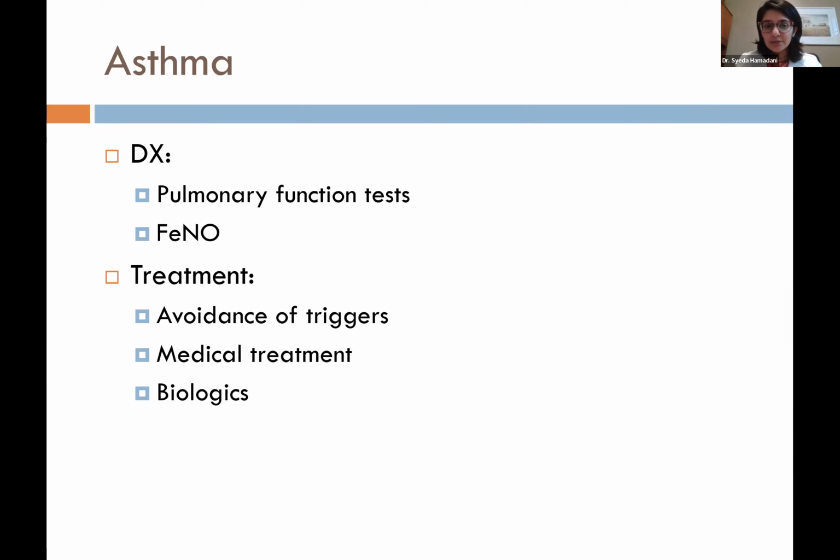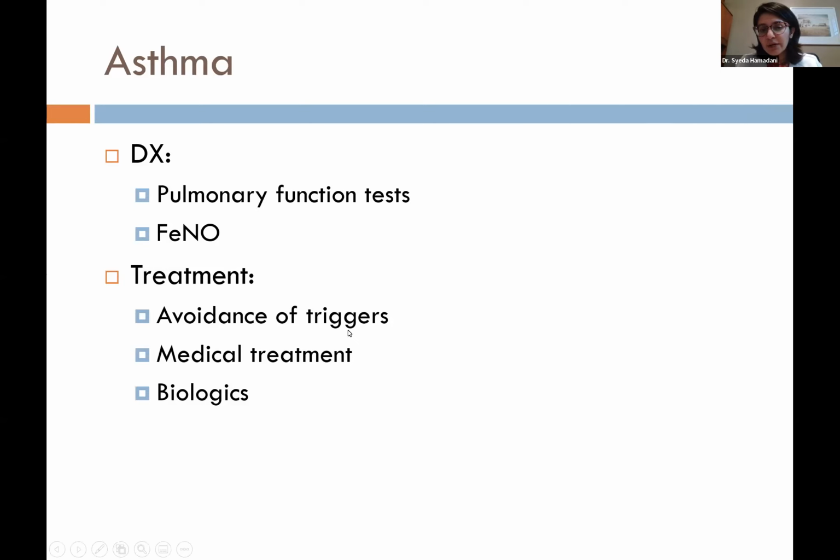Some offices do have FeNO, which is checking levels of nitric oxide. It's not very specific, but sometimes if it's elevated, it can be helpful in identifying exacerbations in asthma and even allergic rhinitis sometimes. Treatment for asthma, there's many different types, but